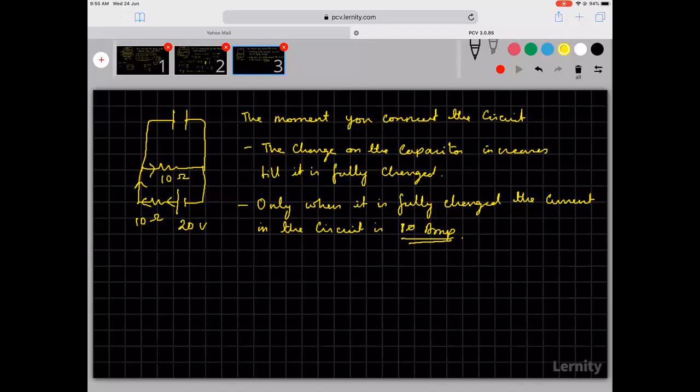Because initially, there will be some current here in the circuit and some current will be going there. Suppose I is coming here, I1 is going here. Here it should be I minus dQ by dt. So that should be the charge which is going up. That means over a period of time, that charge will be reducing this way.